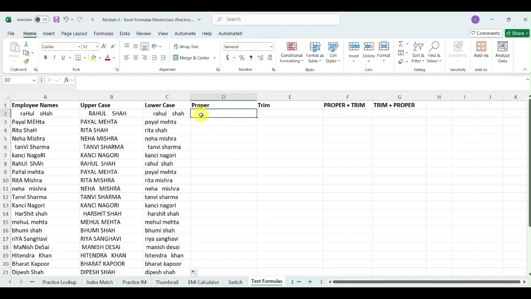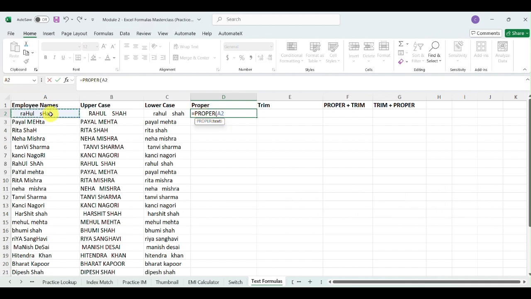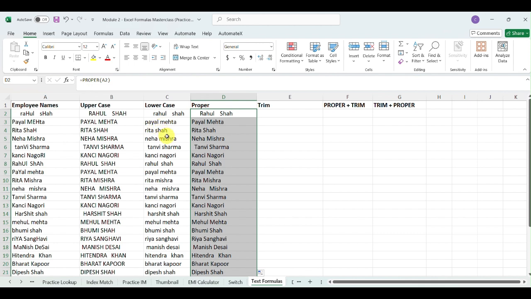So see, coming on to proper: equal to proper, open parenthesis, select the text, close the bracket, press enter. Now see, it has written your names properly. You see, Rahul Shah properly, Payal Mehta properly, Rita Shah properly.